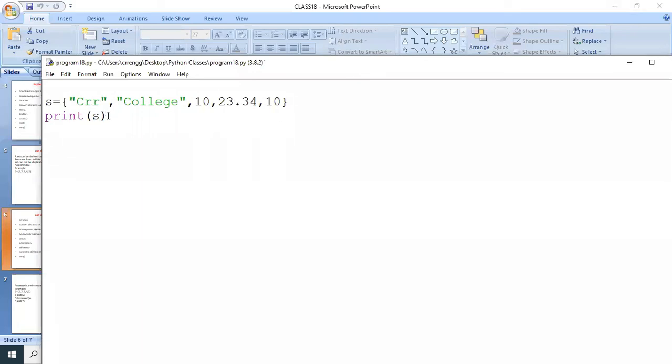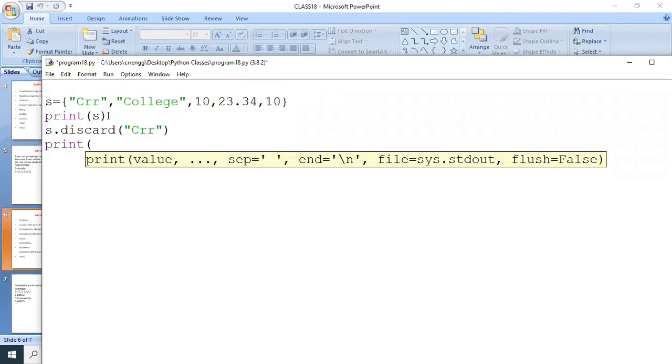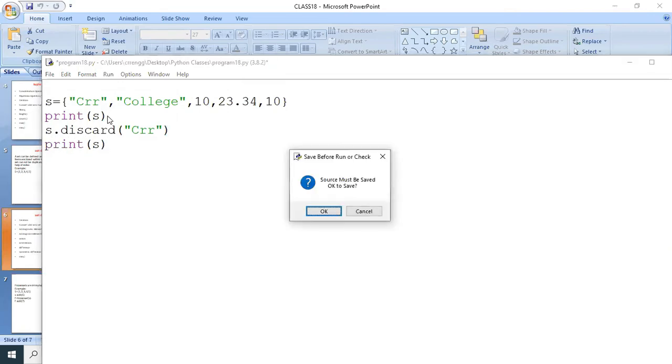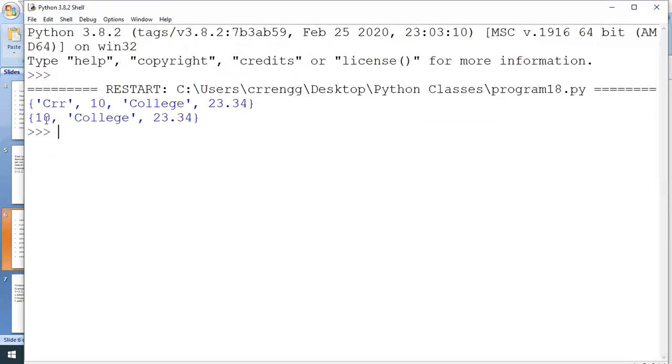How? S.discard CRR, print S here. So CRR was removed from the set.